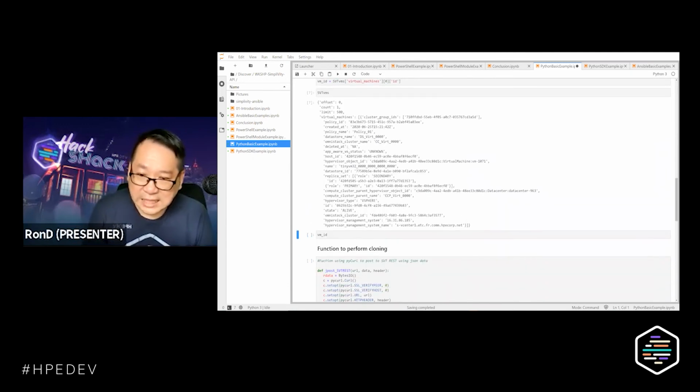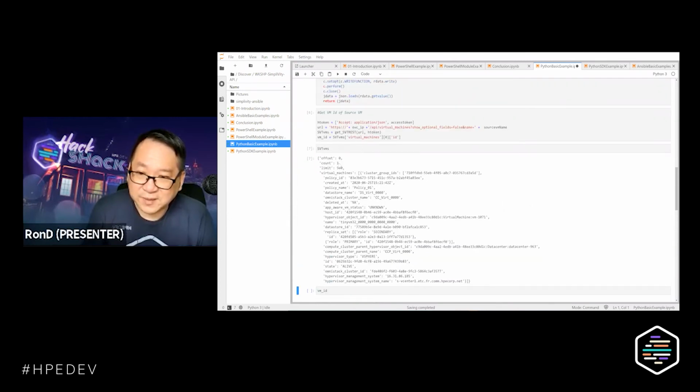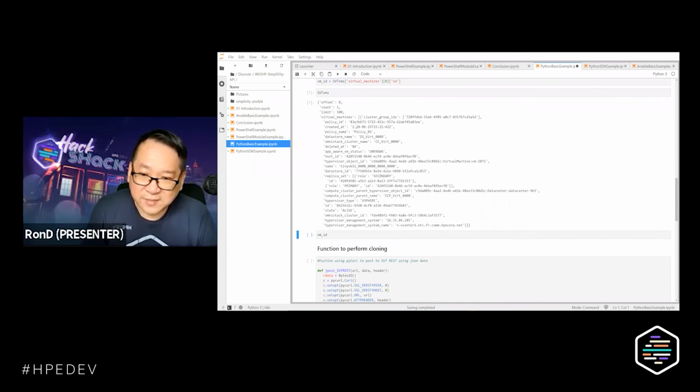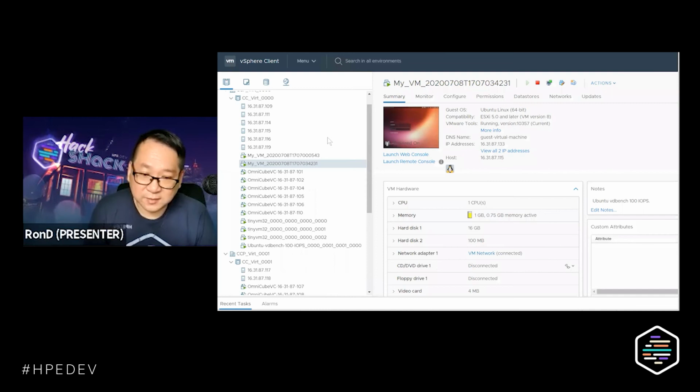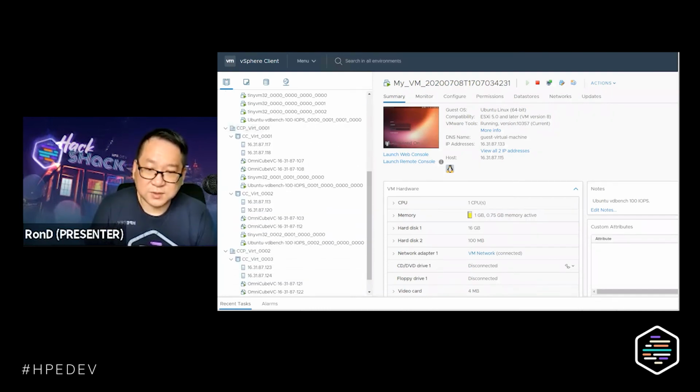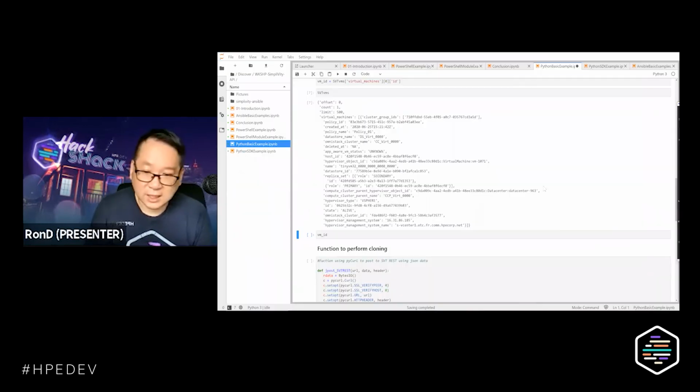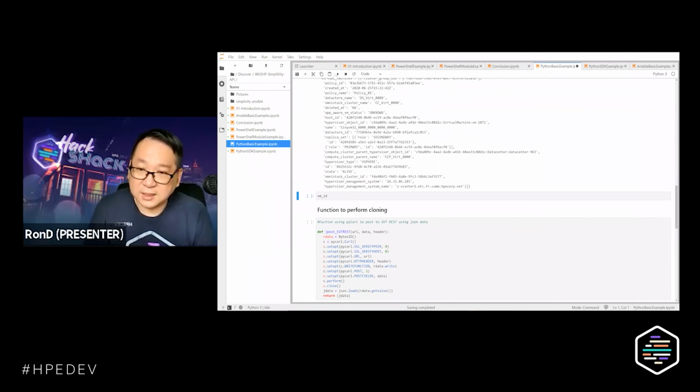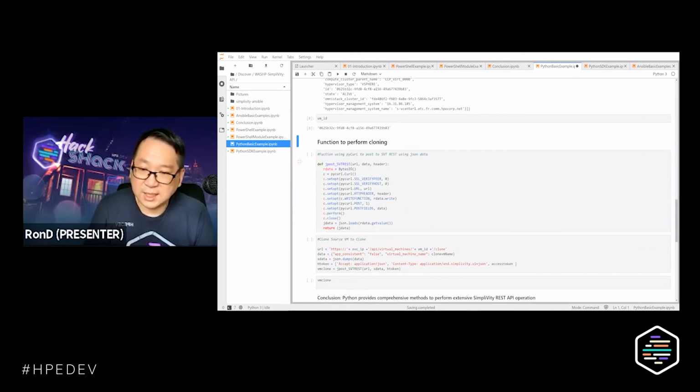If you can see, the name of it is, well, you see the name there? Oh my goodness, these are all the parameters they have over here. The particular VM is available, as you can see here, in the vCenter. I'm using the second cluster here to perform the cloning, and we got the particular virtual machine ID. This is the operation to do the cloning.